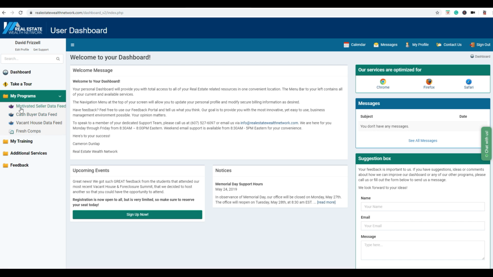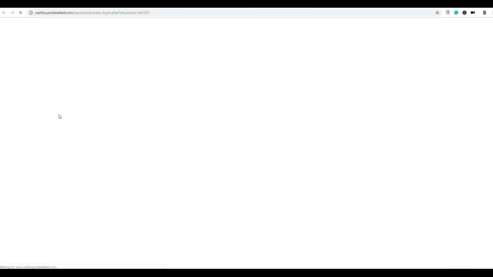So, motivated seller data feed is a new program they're coming out with. We'll get into that in another few weeks. Vacant house data feed, which I'm a strong believer in, but today we're just going to talk about the cash buyer data feed. So once you log into the Real Estate Wealth Network, you're going to go into the cash buyer data feed,